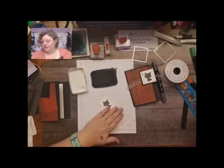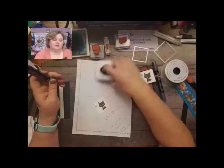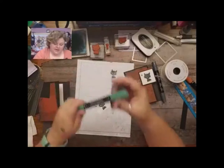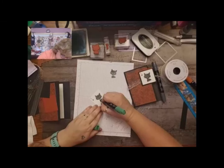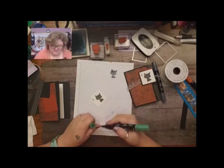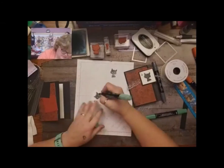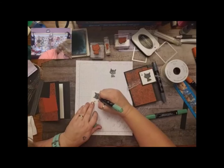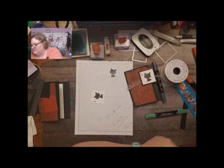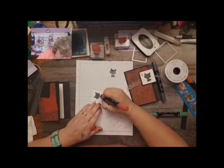Okay, and then I'm going to use my dark Just Jade for the pendant here. My glasses. I'm going to use my dark for the pendant. And then I'm actually going to use my light Jade for the kitty's eyes, just so that they're a little bit lighter underneath that glitter shimmery mist. And then I'm going to use my dark Cajun Craze for the collar,